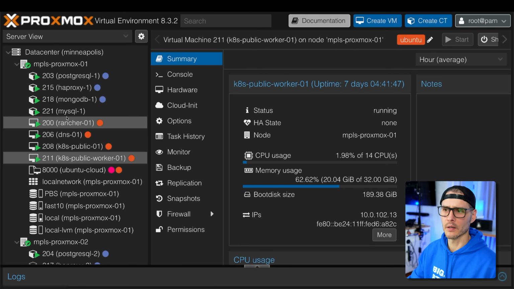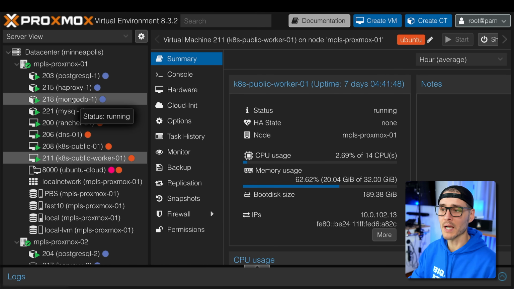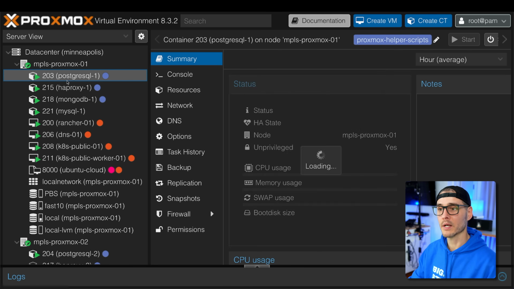So if you don't like Docker containers or CRI containers where you're basically isolating an application, LXC might be for you because you can create an LXC container, install what you want, and manage it almost exactly like a VM, but with a fraction of the resources. So I talked about this a little bit earlier and what they are, but my HAProxy, MongoDB, these are all containers right here that I'm running right on Proxmox.